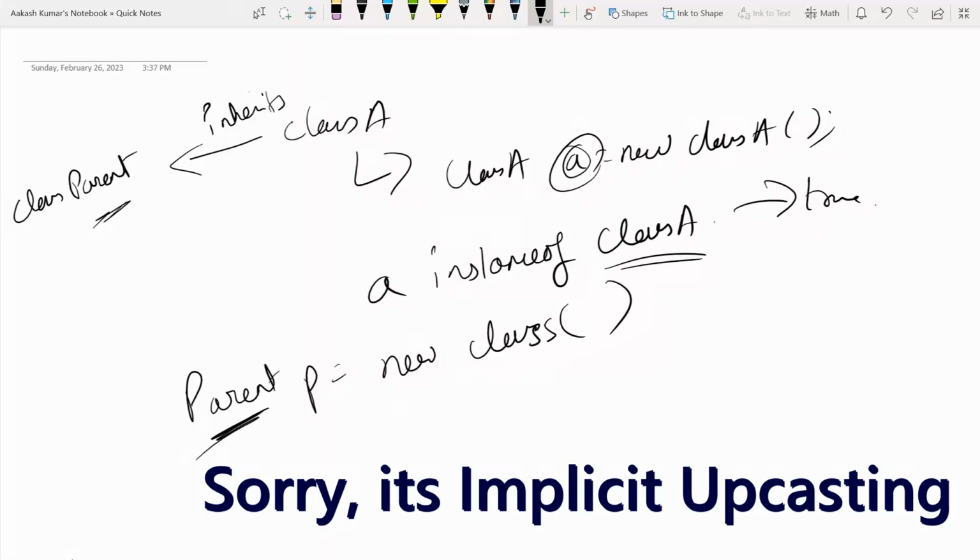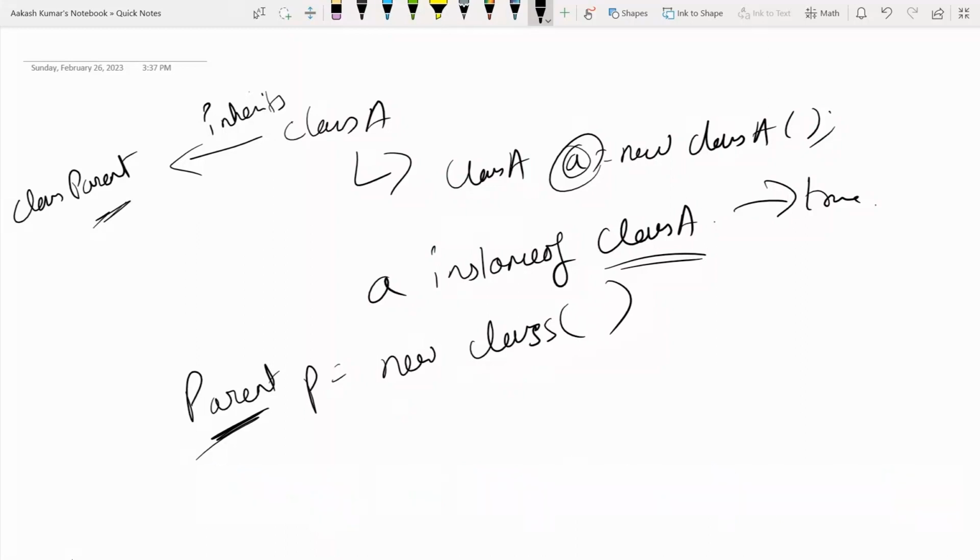Okay, so what we are doing is holding this new class A object in parent P. So this is the reference of parent P, right? But you can still hold this class A because it is the parent class of class A, right? It is possible. So in this case, if I do this thing, P